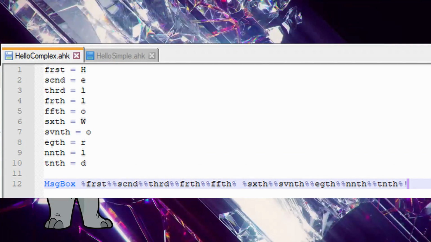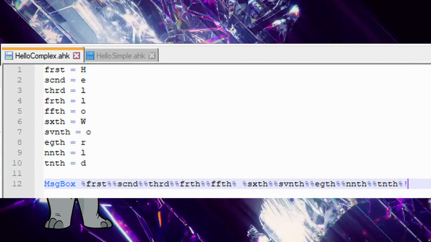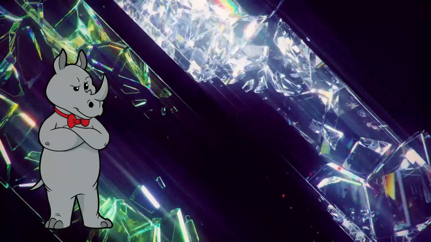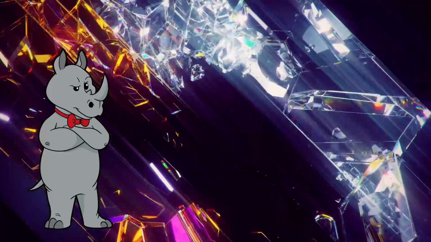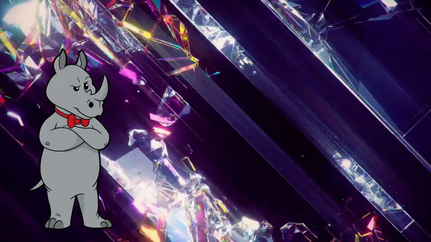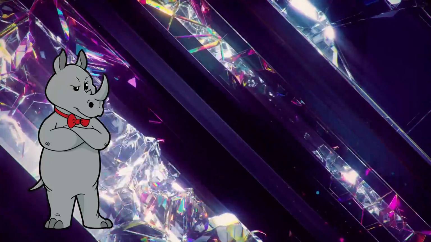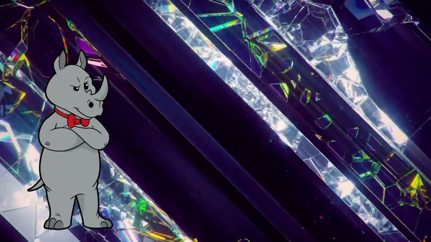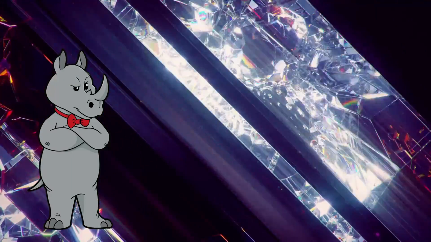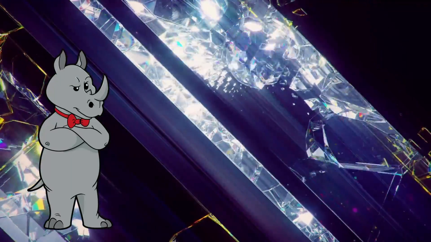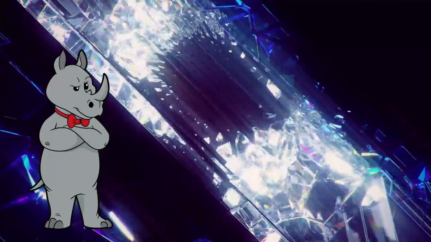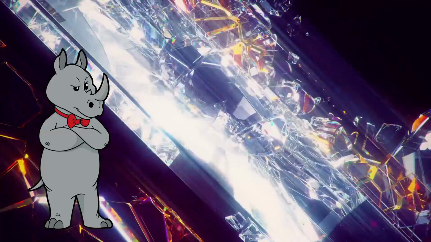Alternatively, I could store each letter individually in a variable and then have the message box display the contents of the variables. This is certainly the more complex method of the two, but it uses more system resources to accomplish its task, and a future programmer looking at the code will have a harder time figuring out what it's supposed to do. Extrapolate this up to an actual important program like the computer's operating system, and it seems that if we work to make the code as simple as possible, it will run more efficiently and will allow other developers to more easily figure out which parts of the code are responsible for which actions.